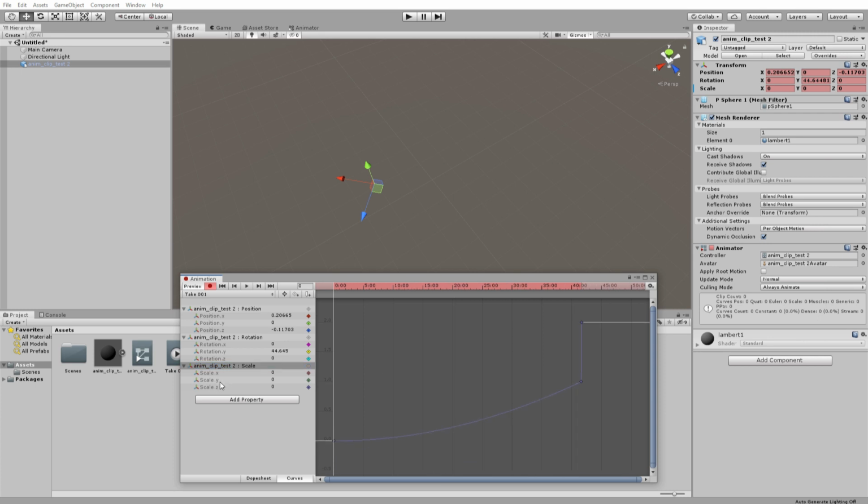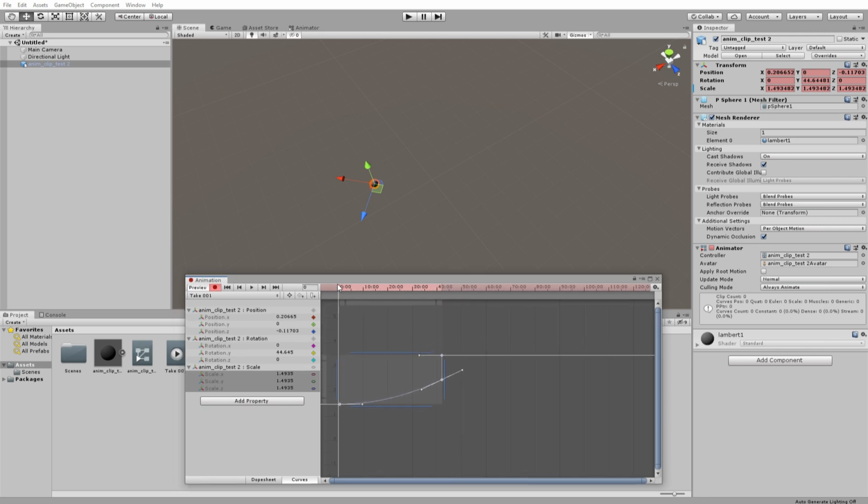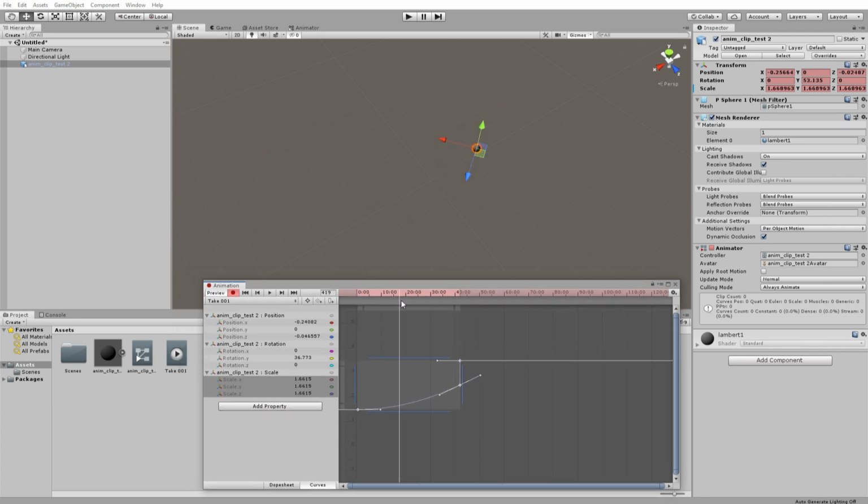I can select this and select all, and move it up. Instead of starting from 0, I started it so it's visible.